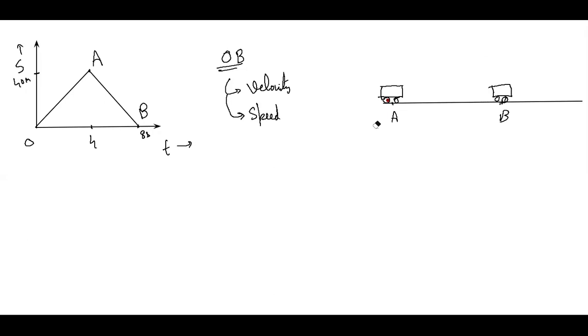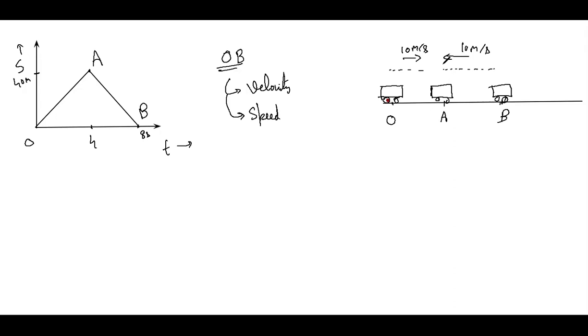Okay. Can I just redraw this? I'll just change the names so it might be more clear. So here this point is O, this is point B, and somewhere in between there was the point A, according to our graph. Something like this. So from O to A, you are saying that the speed was 10 meters per second in this direction, right? Yes, sir. And then from A to B, it was minus 10 meters per second. So the direction will be left side, right?